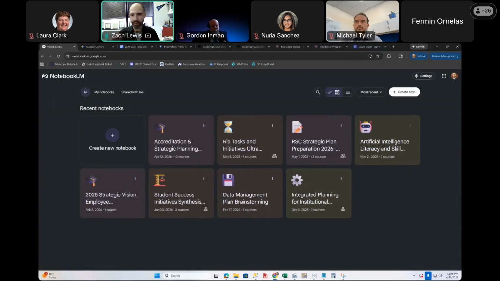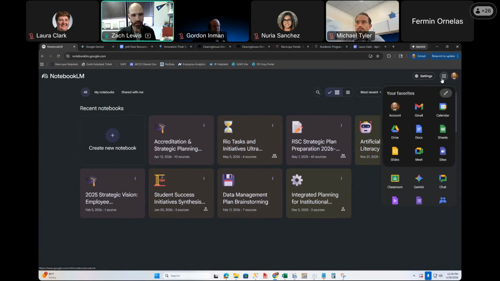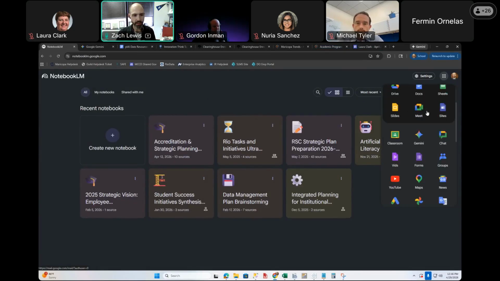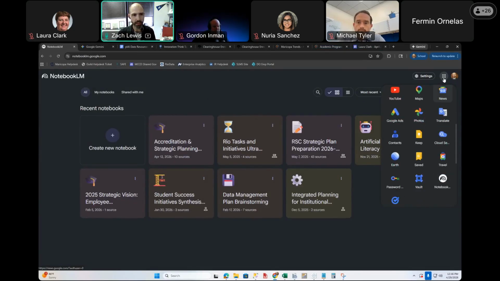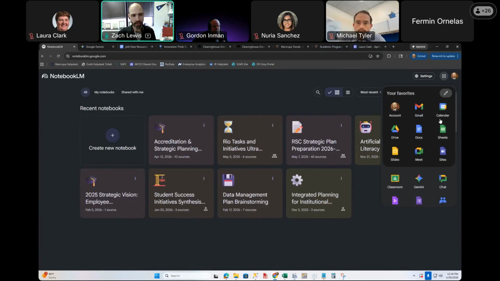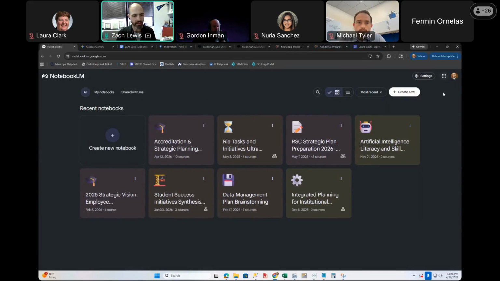Hopefully you can see Notebook now. I always forget with the different platforms and switching screens and things, how one versus the other works. But so this is NotebookLM for those of you who aren't familiar. This is kind of what the interface looks like. Similar to how Michael showed with accessing Gemini, you can also access Notebook through your apps and things right here in your authenticated browser session.